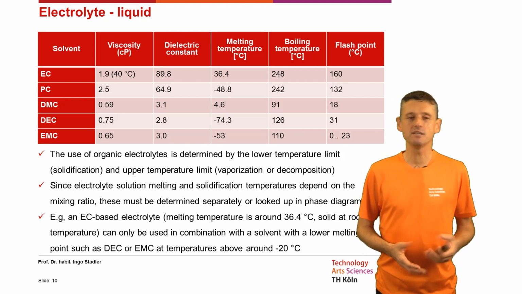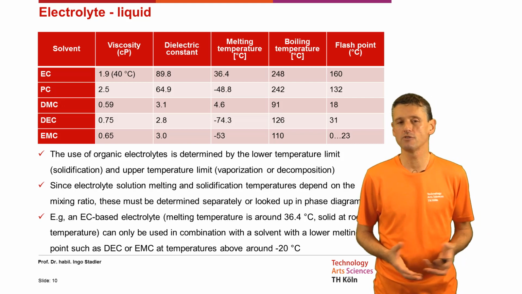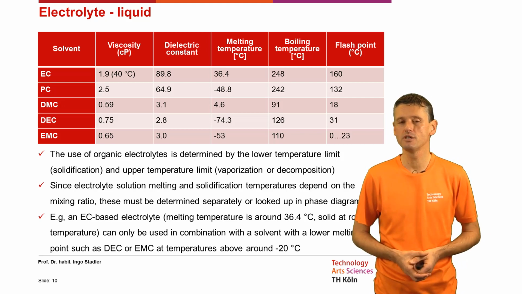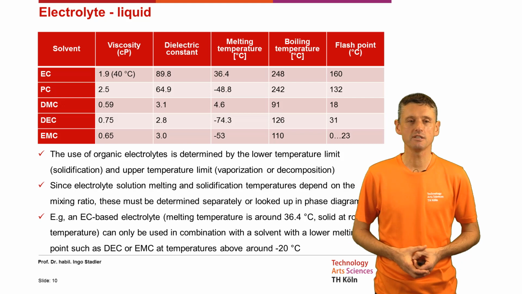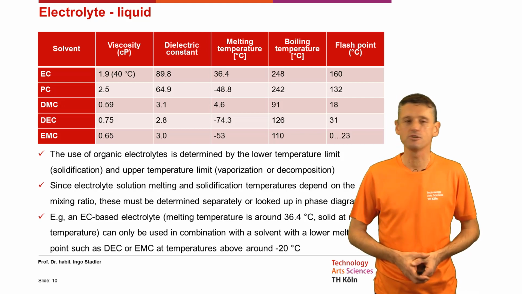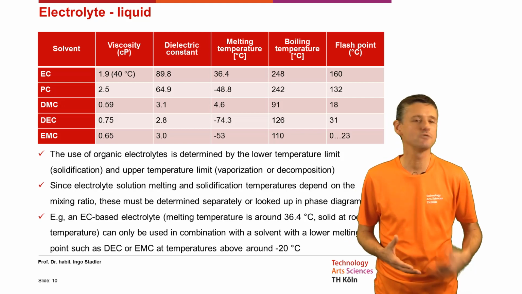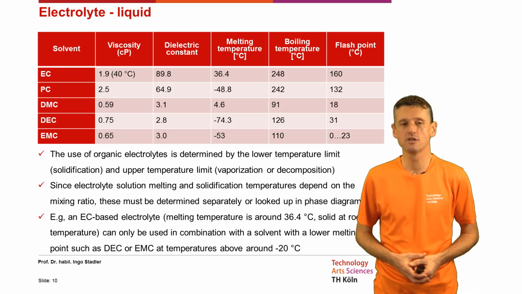For example, an EC-based electrolyte with a melting temperature of around 36.4 degrees, solid at room temperature, can only be used in combination with a solvent with a lower melting point, such as DEC or EMC, at temperatures above